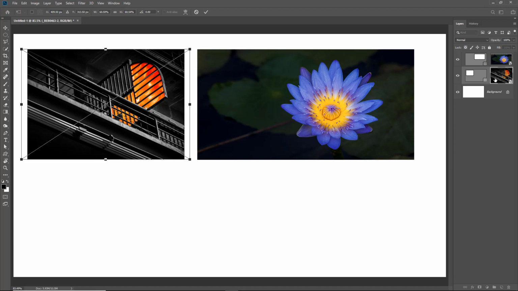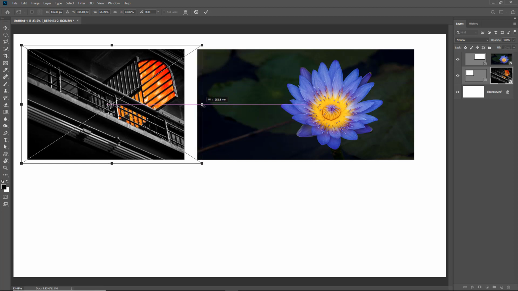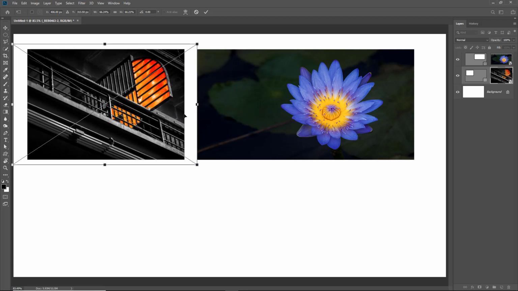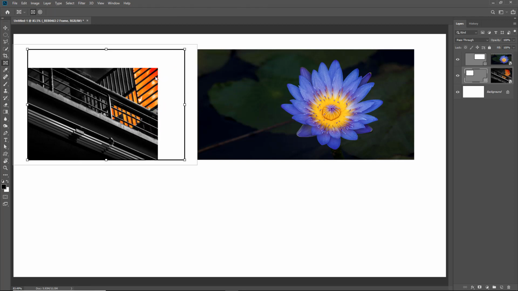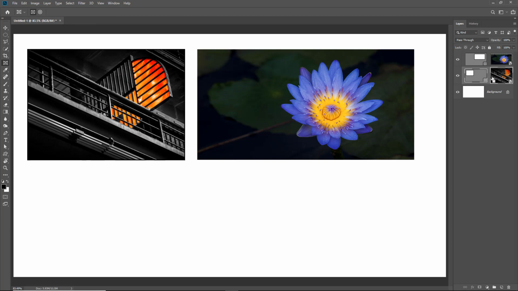Now I can hit Control T again, and I can decide if I want to change or improve that. And again, if I just click anywhere, I'll commit that change too. Now if I want to change the image with the frame, I can select the frame, Control T. Now you can see the frame cuts off part of the image. I'll escape that. If I select both and hit Control T,